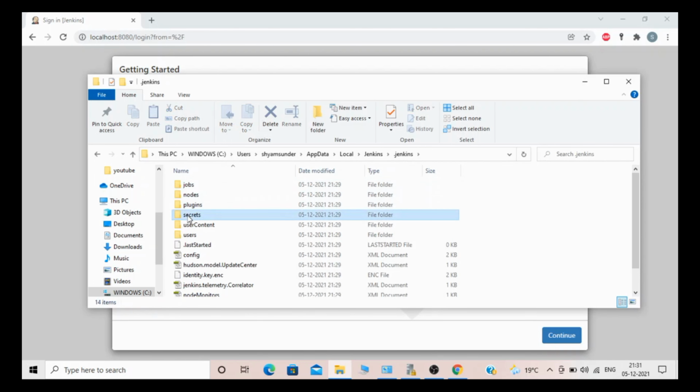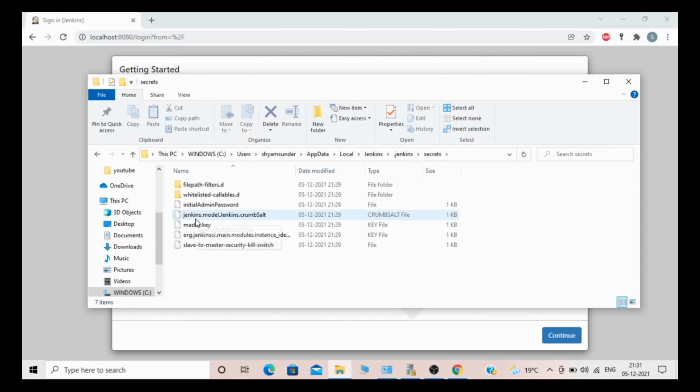Go to secret, and there you will see the initial admin password.